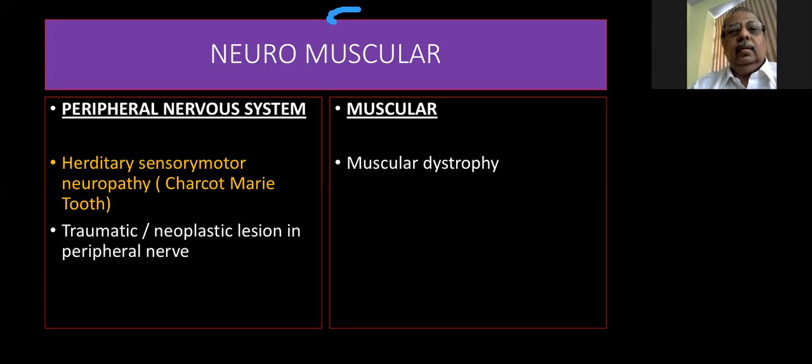So if you look at the causes of cavus, you can remember from below upwards or above downwards. Below upwards, it can be a cause in the muscle, as in muscular dystrophy, can be a cause in the peripheral nerve, as in the case of hereditary sensory motor neuropathies or peripheral nerve injuries. Above that is the spinal cord, can be poliomyelitis, spinal muscular atrophy, motor neuron disease, then spinal dysraphism, or it can be in the tracts, as in the case of Friedreich's ataxia, or in the brain, as in the case of cerebral palsy.